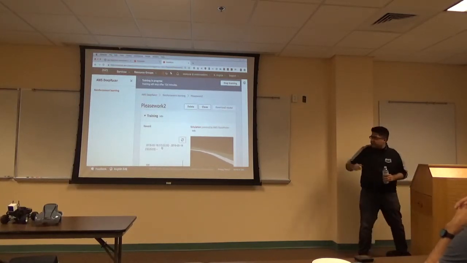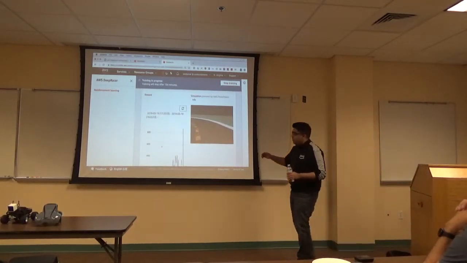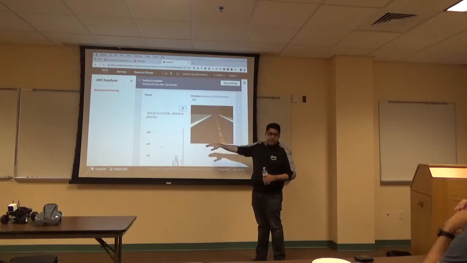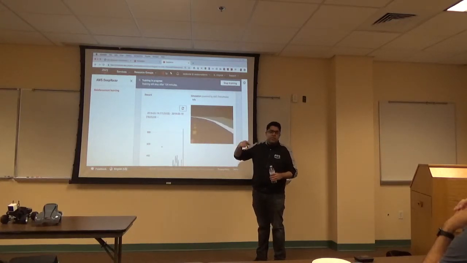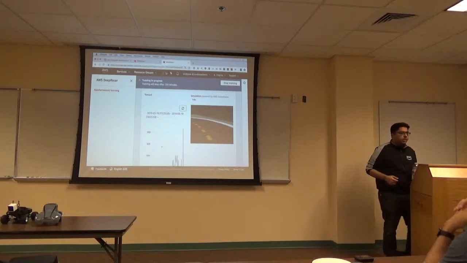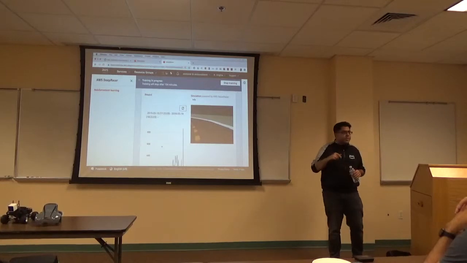Okay. Actually, it's working right now, so let me scroll down. This is happening in real time. This is the simulated car going on the simulated track, and it's trying to keep in the center. This is really early on, and as soon as it gets off track, it resets the simulation. And from here, it's again trying to be as close to the center of the line. After 20 of these iterations, it'll stop, start training again, then reset the simulation and keep going for about 2 hours until it gets a model that we can deploy into a car. So the steering and the speed is random right now? Everything's random in the first iteration. Yeah.